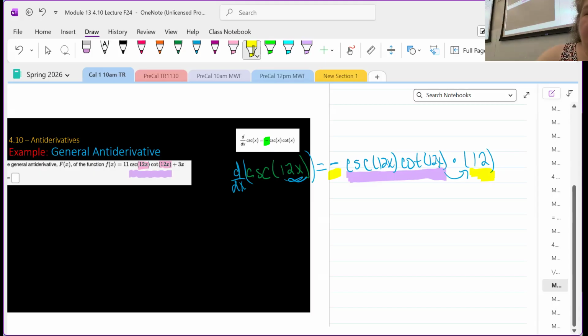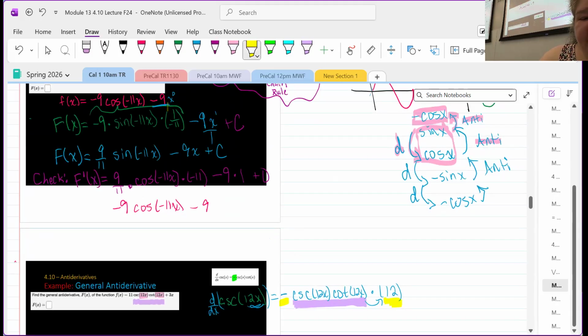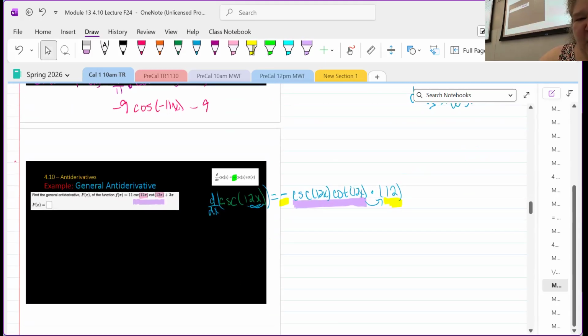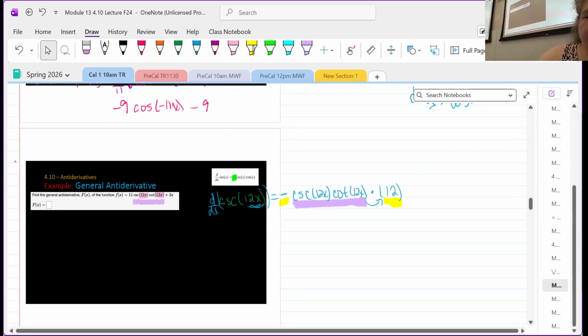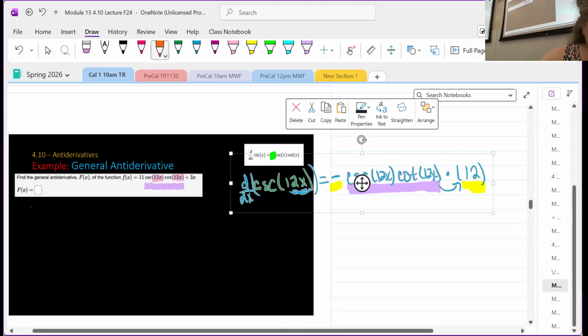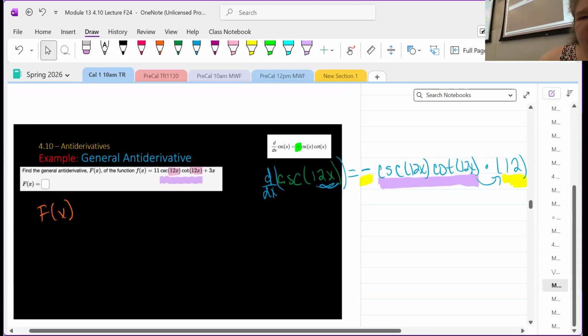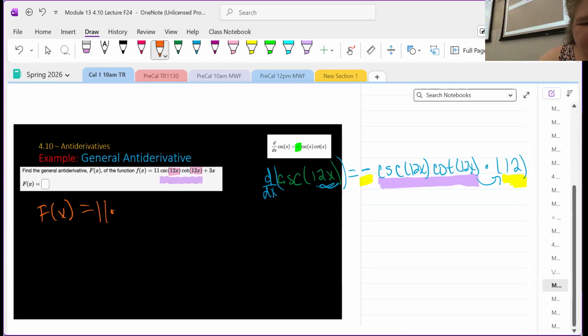So the same way we did the times 1 over negative 11, that's what we're going to do in our antiderivative. All right, so my 11 is just a constant being multiplied, so I'm just going to carry that through, 11 times. Now my antiderivative of the cosecant cotangent mess should be